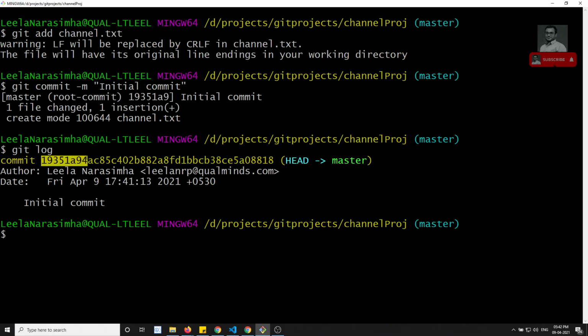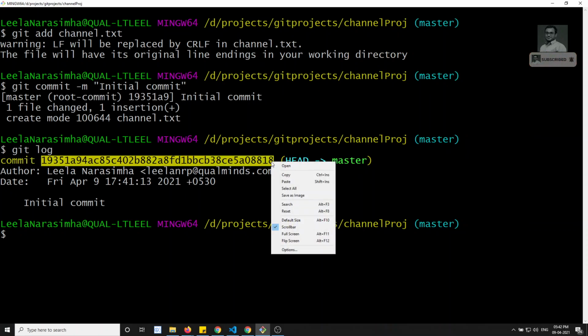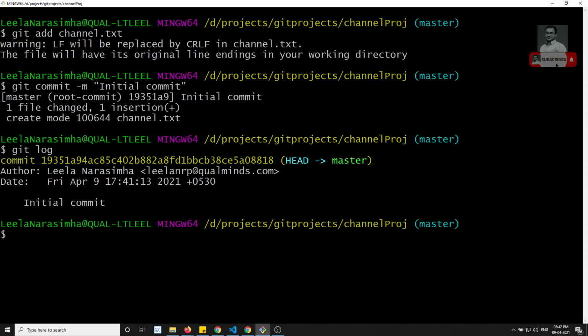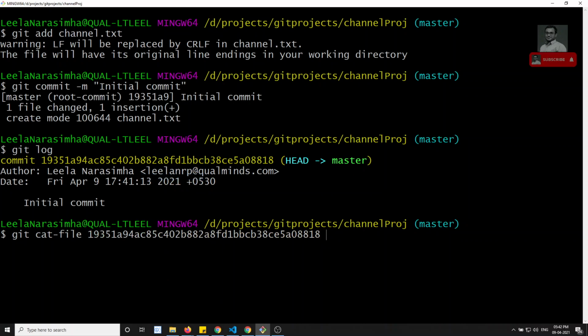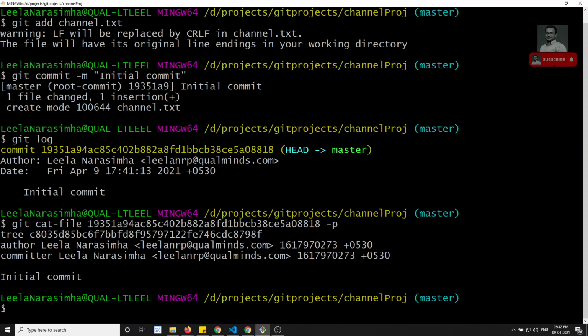Let's try to decode all this data. Let's copy this hash, and what I can do is git cat-file, paste this hash, space -p. We'll try to see the content. Now if you look at the data here, we got something like tree, and another hash.